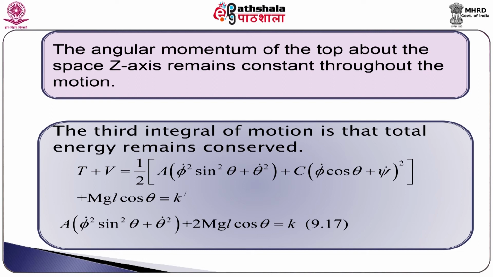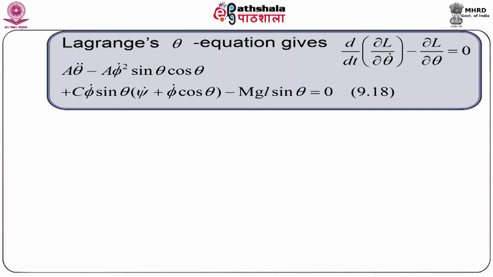We have used here this relation, psi dot plus phi dot cos theta equal to n, which is constant. We have already obtained this result. Thus, 9.15 to 9.17 give the three integrals of motion. Now, Lagrange's theta equation gives d/dt of del L by del theta dot minus del L by del theta